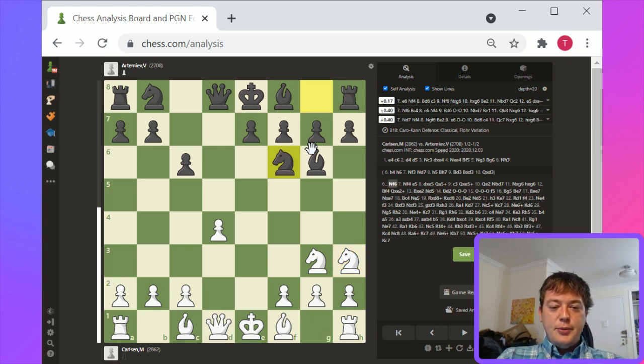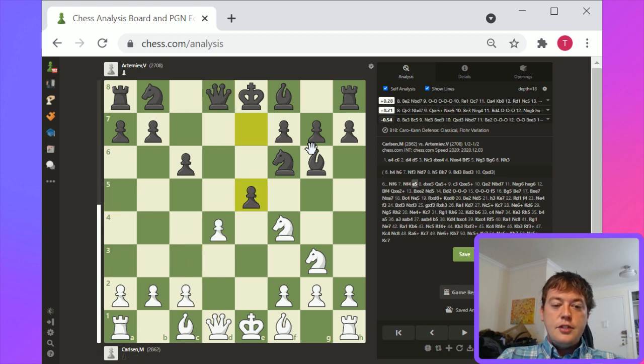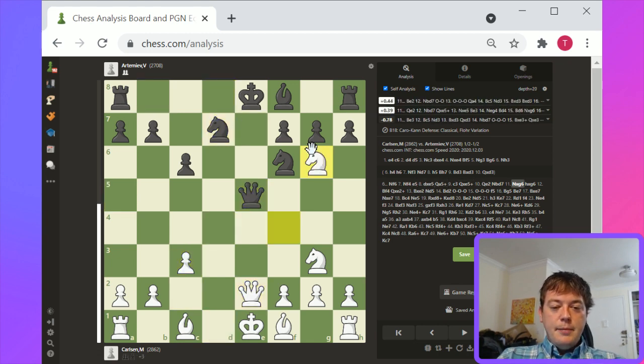But yeah, knight to h3, knight to f6, and then knight goes to f4. E5, pawn takes, queen to a5, c3, and then queen goes there. But yeah, it's interesting. You like black here. Let's see. So knight takes, pawn takes, and then